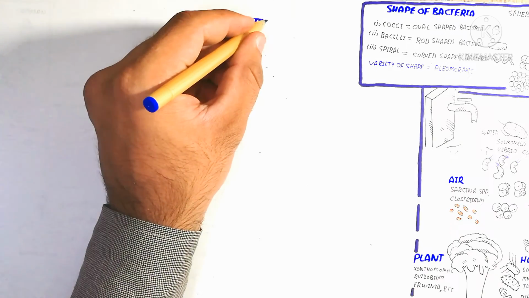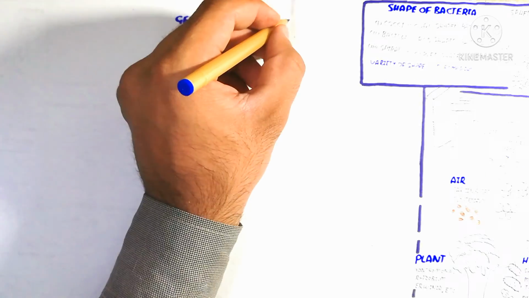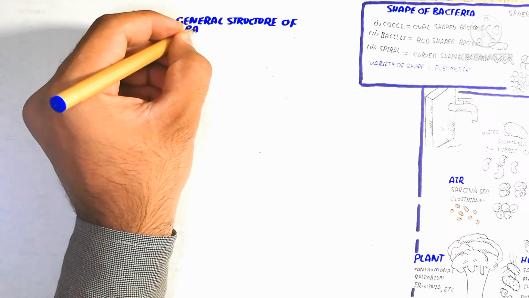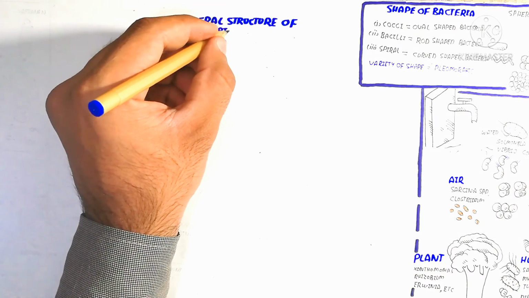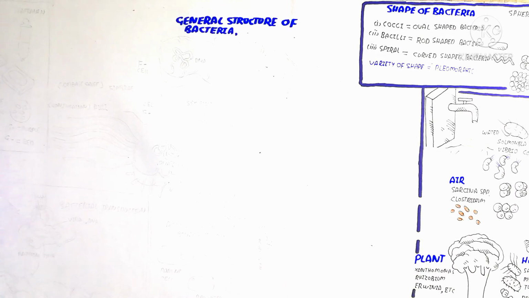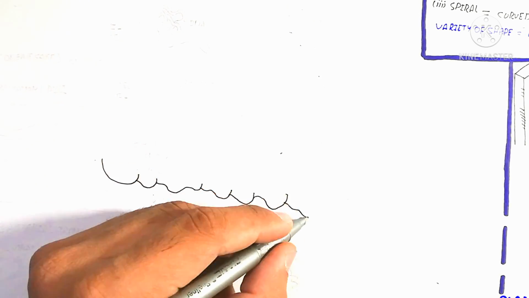So amino acids contain an ammonium ion, and the nitrogen containing group is known as the protein amino acid. Here is the general structure of bacteria, which we will discuss briefly, along with the life cycle as well as the indication of gram positive and gram negative bacteria.